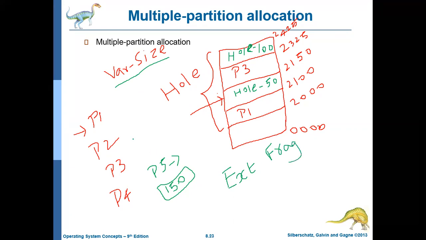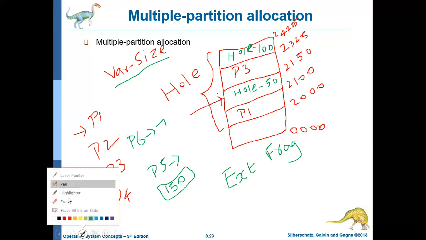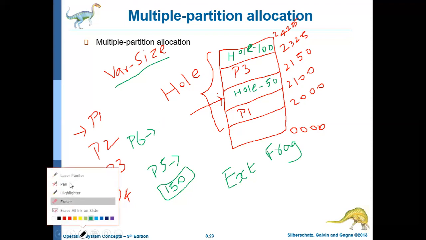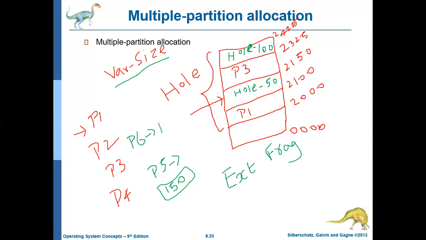Say after that another process P6 comes, and P6 is demanding, let us not assume 75, sorry, say 110 MB of memory.